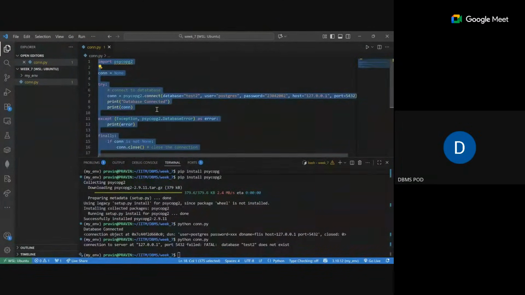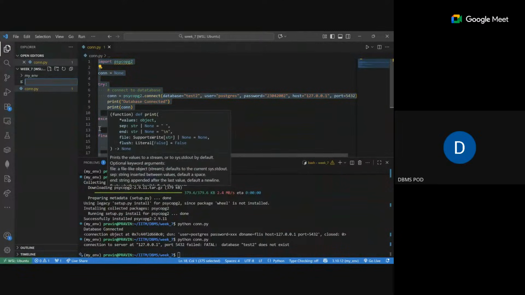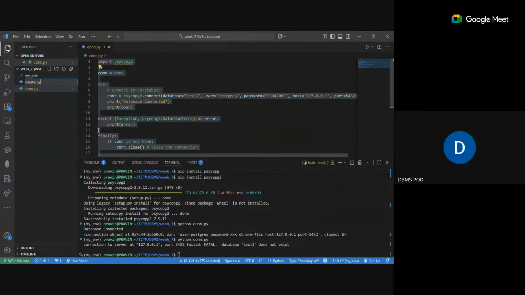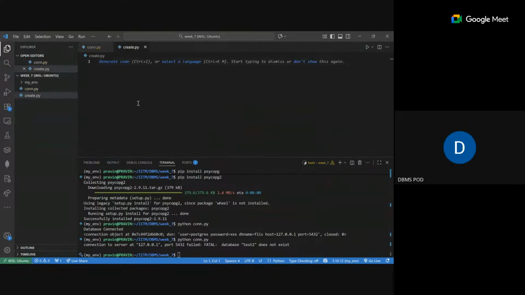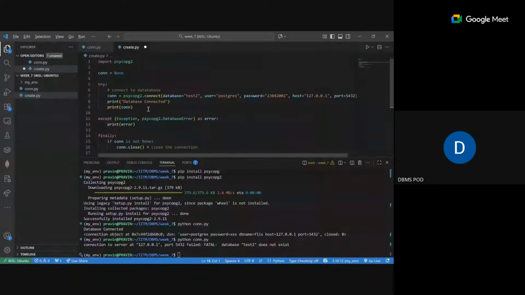So I just take a copy of this and create a new file, create.py or something. Okay, so now what we'll do is we'll try to create a table here. I have a test database already, so I'm going to try whatever using this test database. So once we connect to the database, what we'll do,